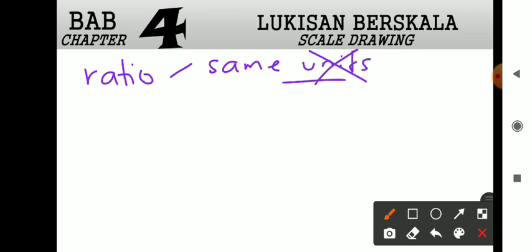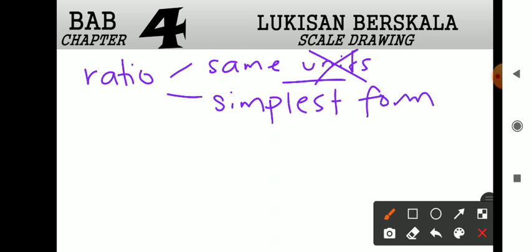Okay? For ratio, normally the teacher wants you to write down in the simplest form. Remember simplest form? Okay? Then simplest form means 2 to 4, then the teacher will always want you to write down in 1 to 2 simplest form okay? And normally tidak ada macam ini. Okay? Tidak ada